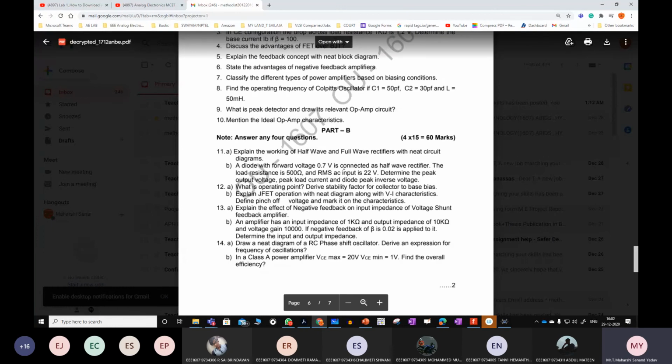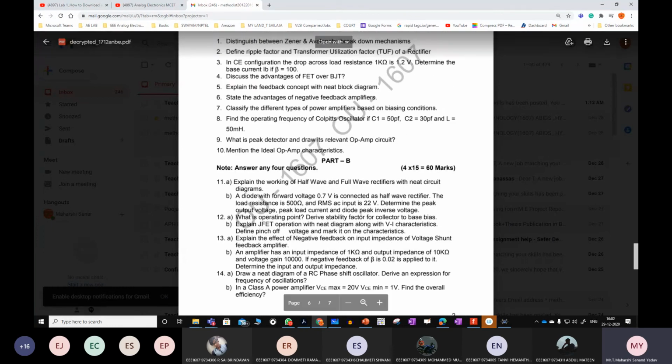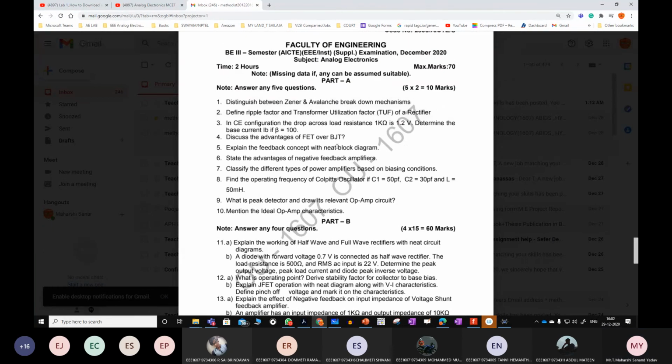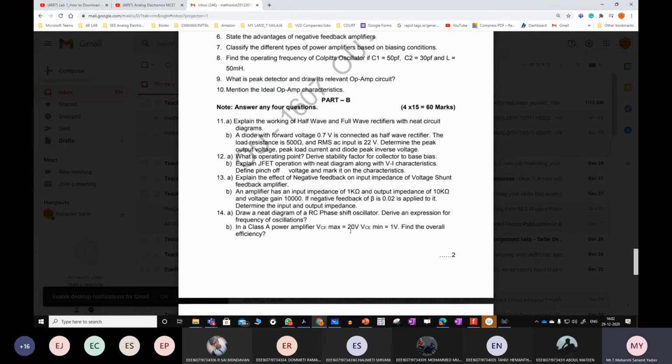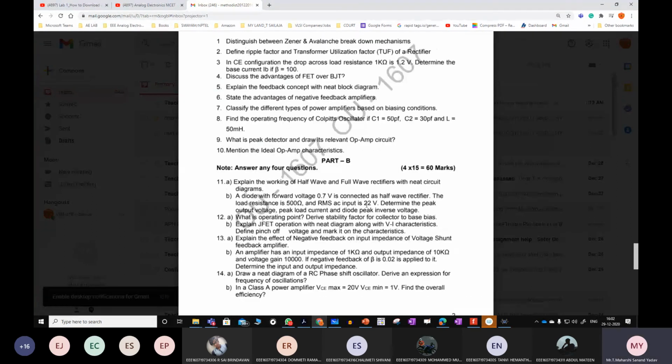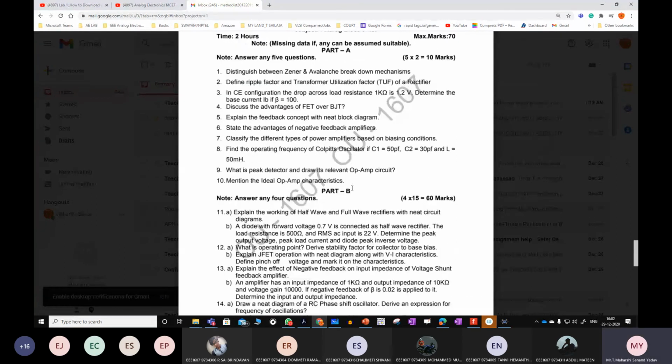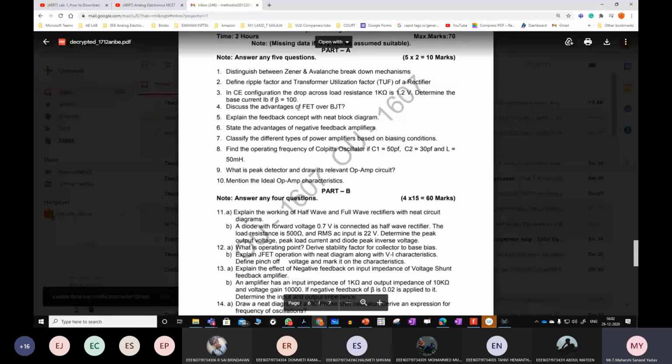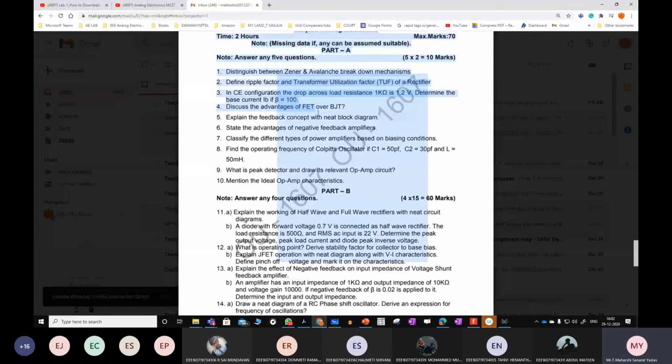Just by reading 2 units, you'll get above 50. So be perfect with unit number 1 and 2 at least. And at the end, we shall start this field effect transistor. Why? Because if I teach it now, it will become a lag for us.